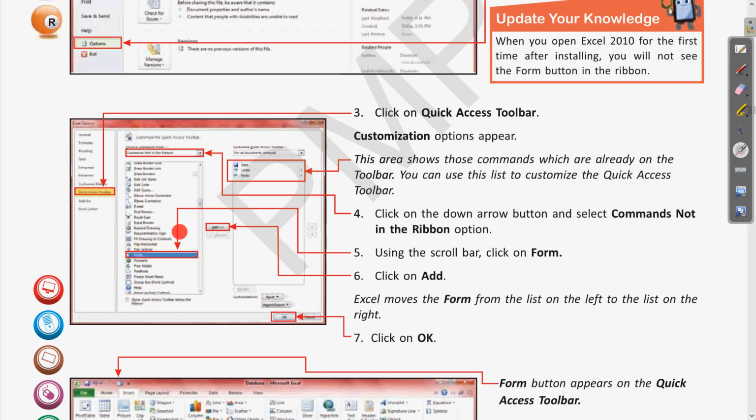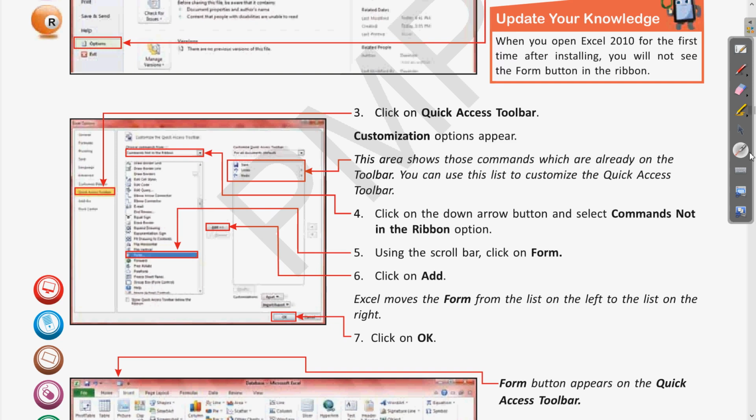So from here we can find the form, and after clicking on this form we have to click on the add button, and now this form button will move to this area. Clear? Then click on the OK button.